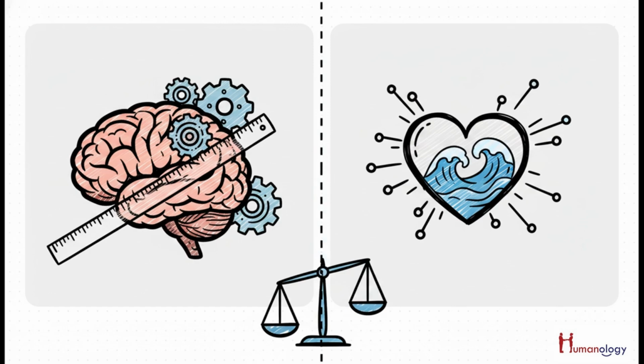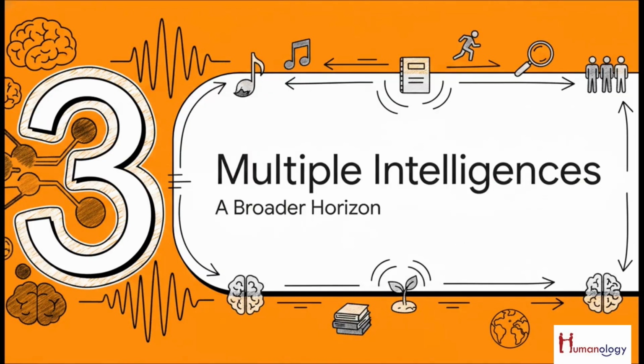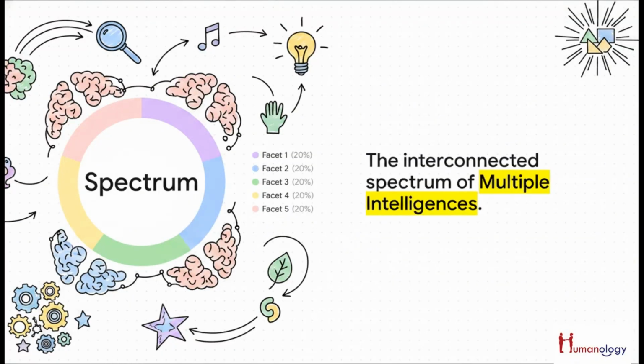The contrast here shows us that relying on just one pillar creates a really incomplete, unstable architectural picture. Now, let's zoom out even further for Section 3, Exploring Multiple Intelligences, a Broader Horizon. What's really interesting about this next phase of the source material is that we move completely past those standard acronyms. Our capabilities don't exist in some rigid top-down hierarchy.